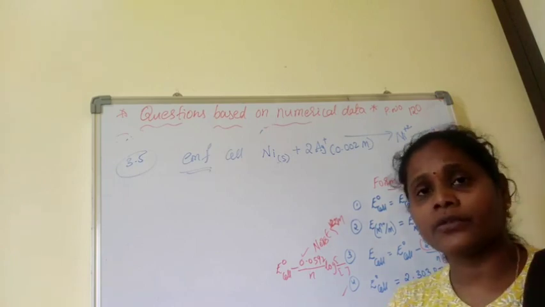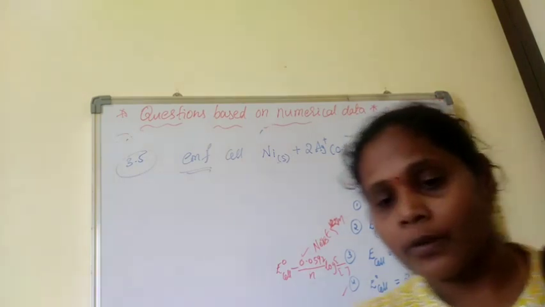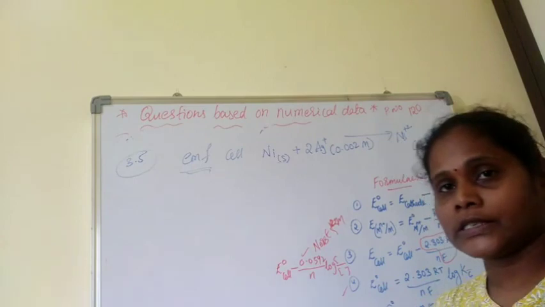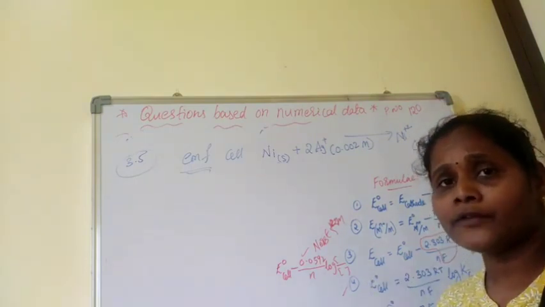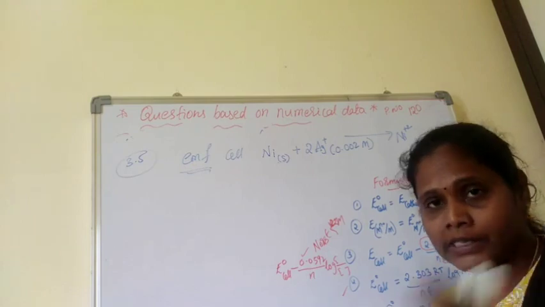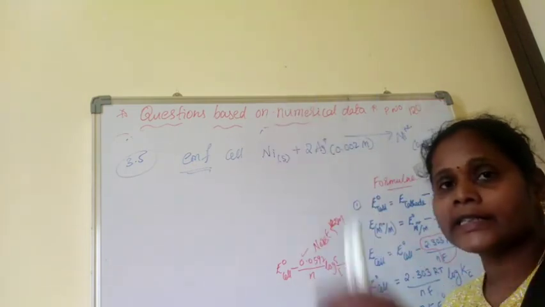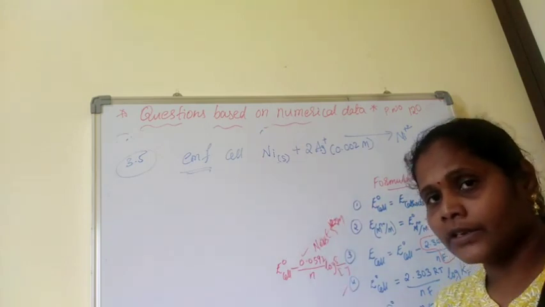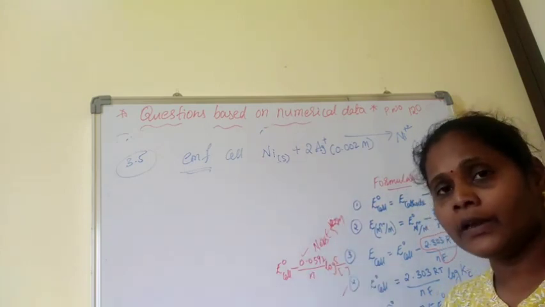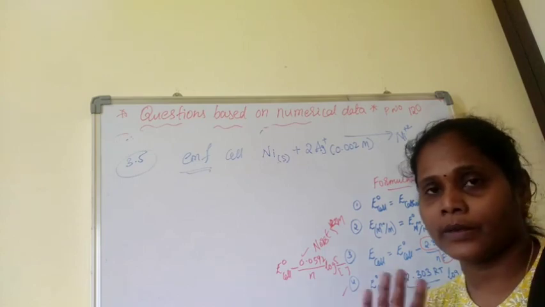If I missed anything, you can write it. First write all the formulas before solving the questions, right? And along with this, we also have to remember the electrochemical series a little. At least the strong oxidizing agent is at the top, the strong reducing agent at the bottom, hydrogen in the middle, and some elements in the middle you have to remember, right?